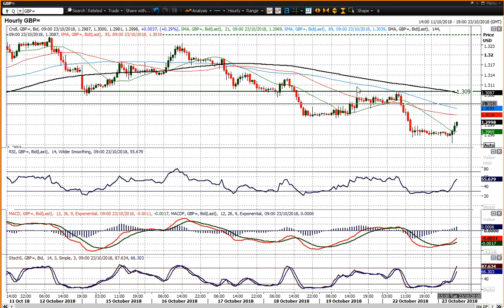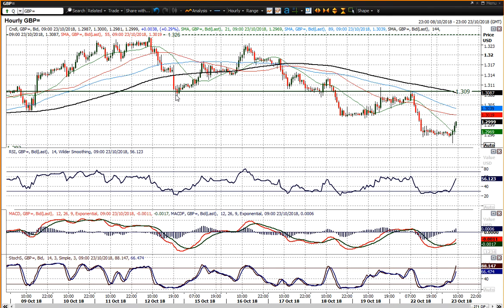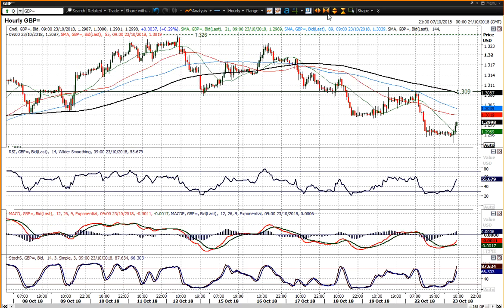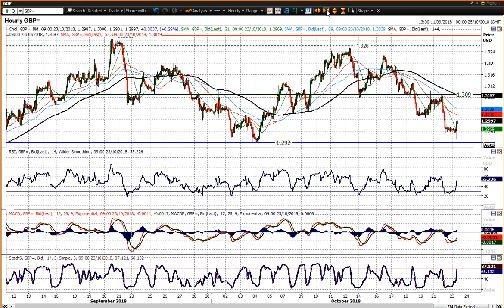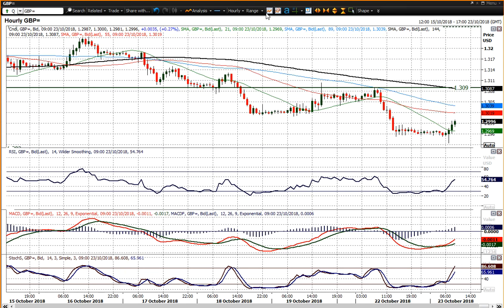Then 30.90 was yesterday's high, and that again, if I zoom out, actually 30.80, 30.90, a bit of a pivot area in the last few weeks. Actually, consistently there seem to be lows and highs around this 30.90 level. So that will be an interesting level to get to if the market can reach it on a recovery, but